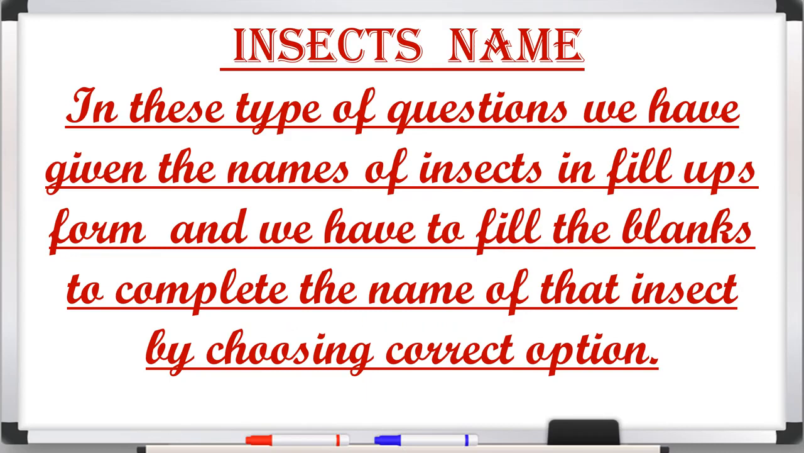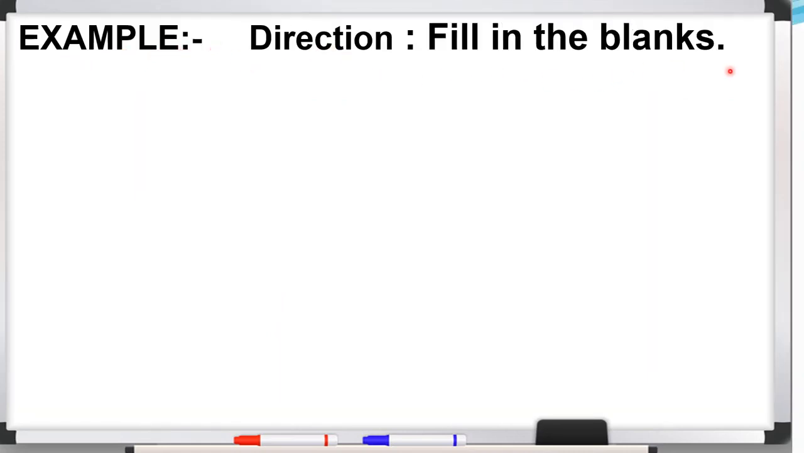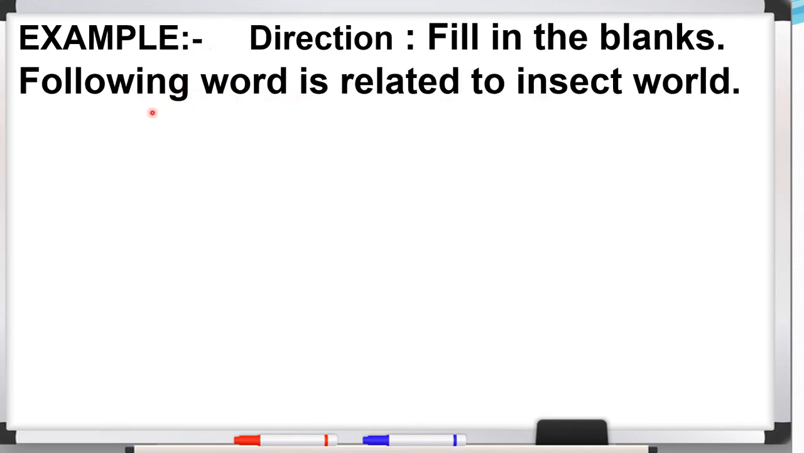Okay, we have to choose the options and then we have to complete the name of that insect. So let's do with an example. Here it is given direction. Fill in the blanks. Following word is related to insect word. Okay. So beta, in this example we have to learn how we can fill the blanks to complete the